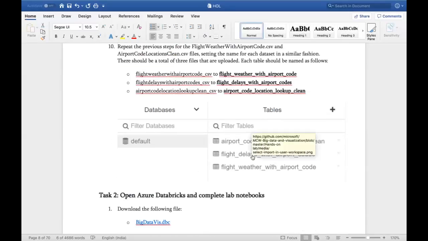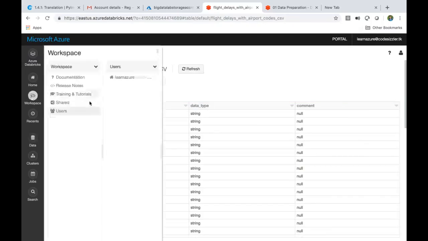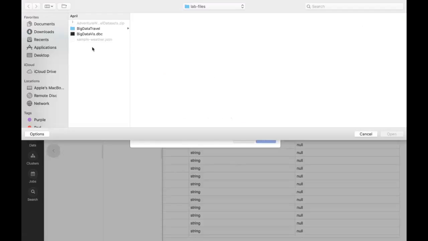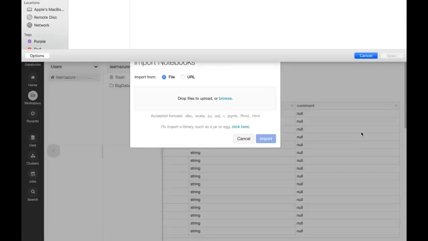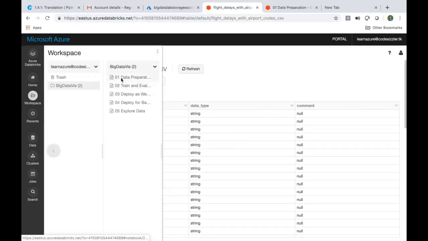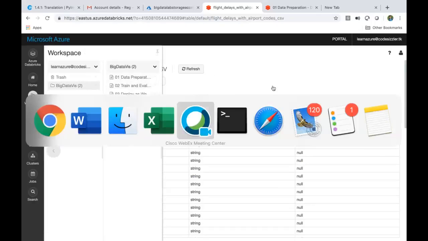Okay. The next step is to copy. You just go back to your workspace. I guess you know this concept. Just go down here, drop down and say import and browse. You'll already find that in your system. This is a file inside your lab files. Inside your lab files, you'll already find the .dbc file. Just click on that and say import it. You'll be able to import it. So you'll find this kind of big data viz 2. Okay. Till this point, if anyone is lagging behind or missing any concept, let me know.